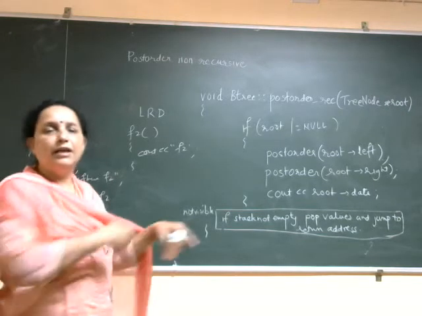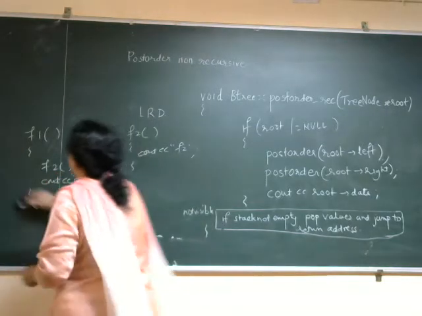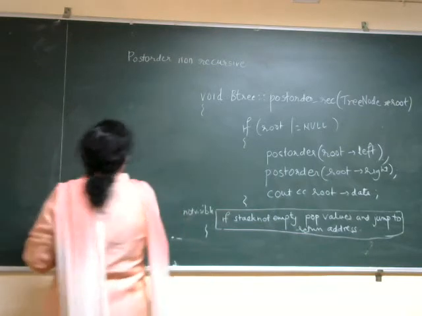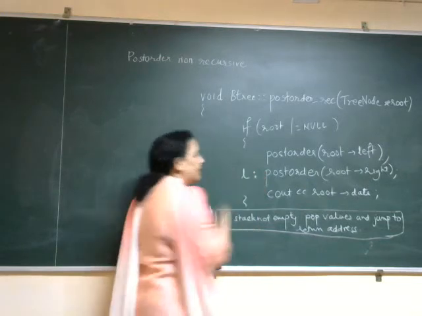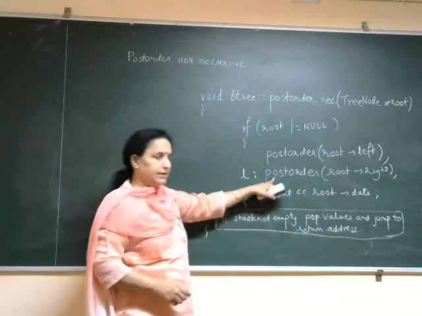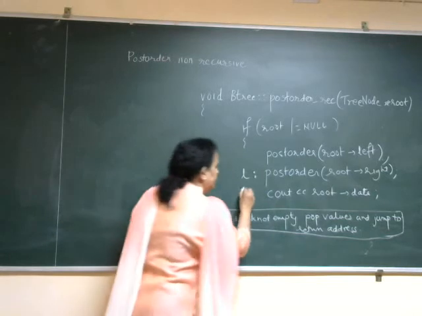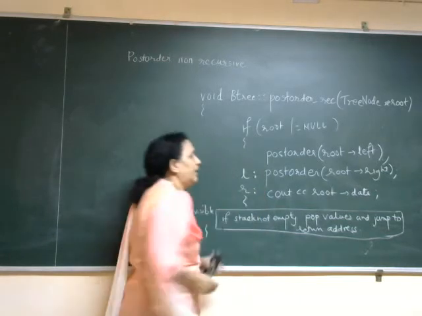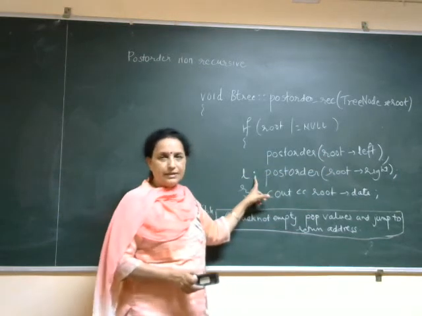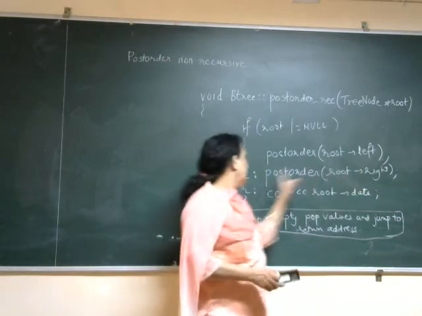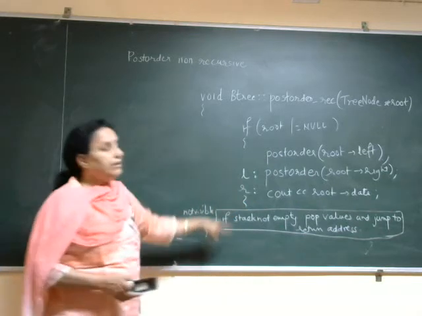How will it come to that? That is because of the stack. The return address is stored inside the stack. So here, the first call has a return address, and I will give the label L to this. After this call, it will come to this statement, so the return address for this I will call R. Why am I giving L and R? Because I am going left for this, and after coming back from left, this is my return address. After going to right, I should come back to this return address. So this is my recursive code.